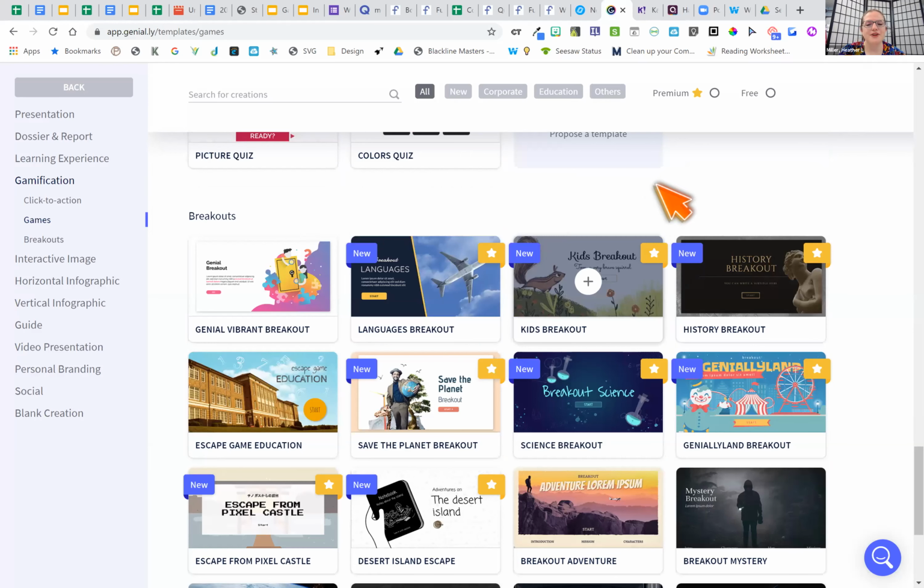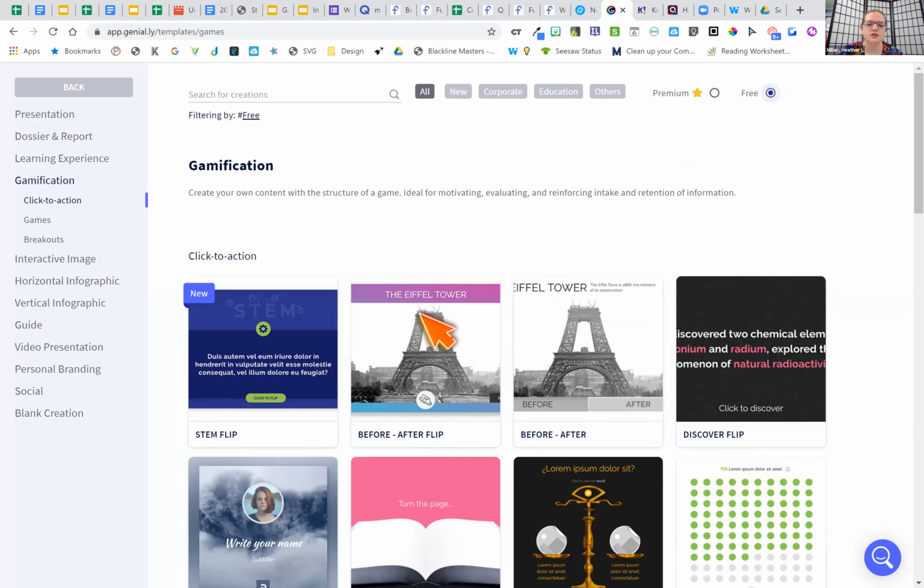I get very tempted by all of these star ones here. So I go to the top and just select free. That way, when I'm scrolling through and I find something, you can see there's still a ton of options, I know that I can use it right away, and I'm not just tempted by all of the things that I don't have.